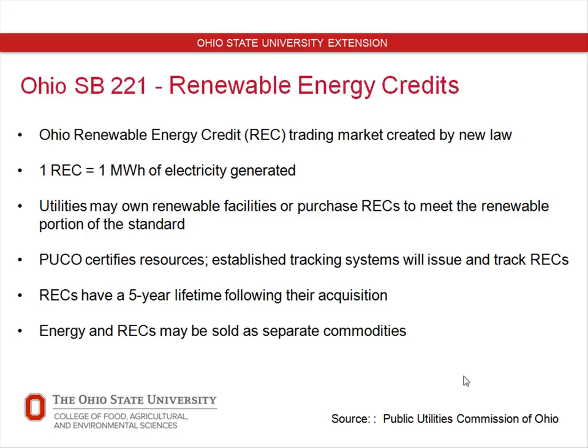Senate Bill 221 was mandating renewable energy generation. So what do we need to do? We need to have a means of tracking it, right? We can't just say you need to do it. We need to be able to track it to make sure that we know who's in or out of compliance. And so within this bill, we established a system of renewable energy credits, or essentially a trading market that was created to track who's in or out of compliance of this policy.